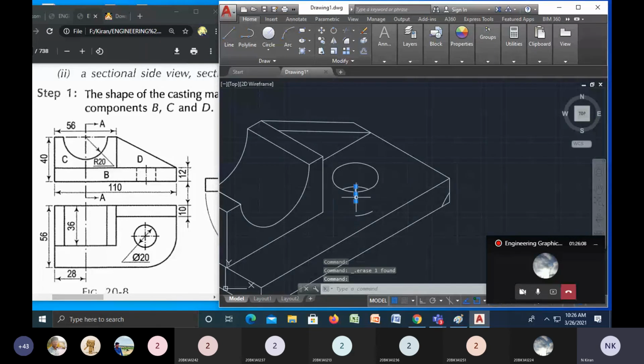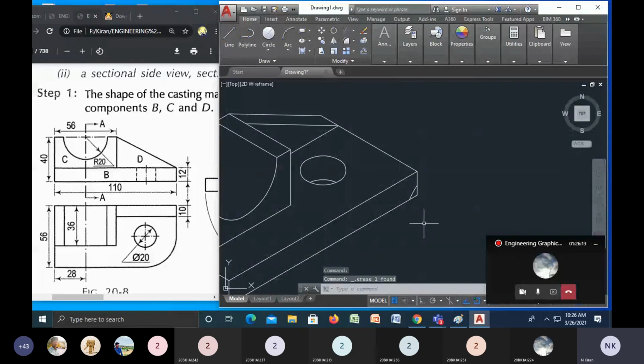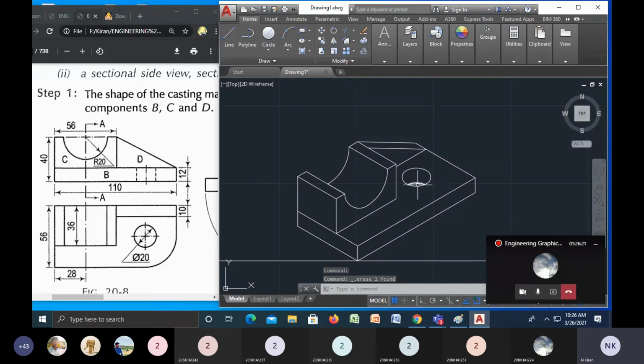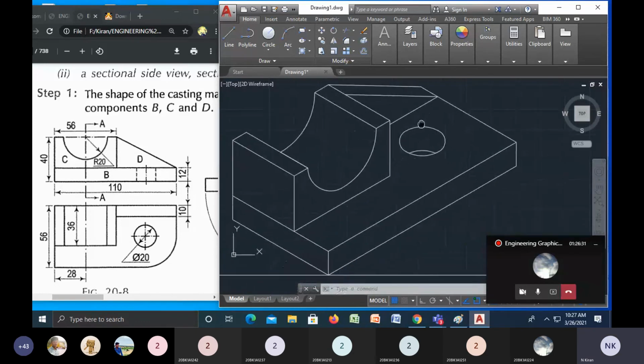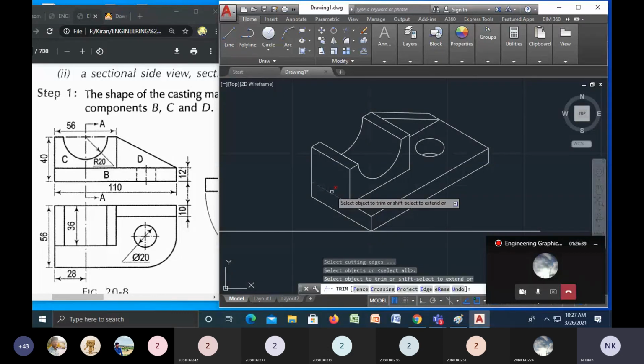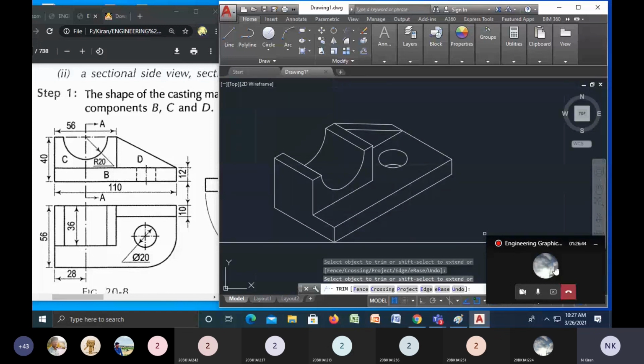This is your final diagram of the given figure. Have you understood this one? How I have taken this one? Same circle, iso top. Yes, sir. I have taken this one and at the bottom 12 mm I have placed it, and this is your iso figure. So TR double enter, I will take this one, I will trim off this one also. TR double enter. Right, this is your exact figure. Hope you understood. Practice in AutoCAD.